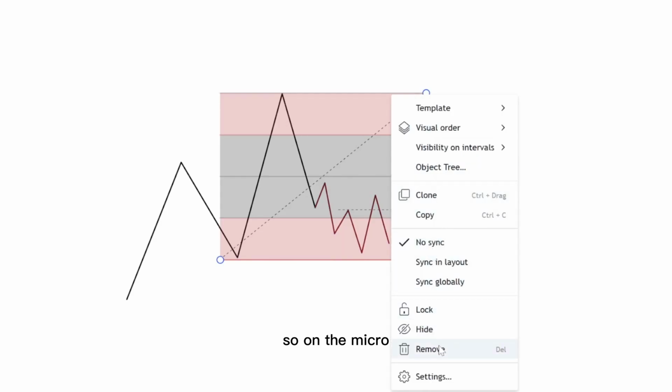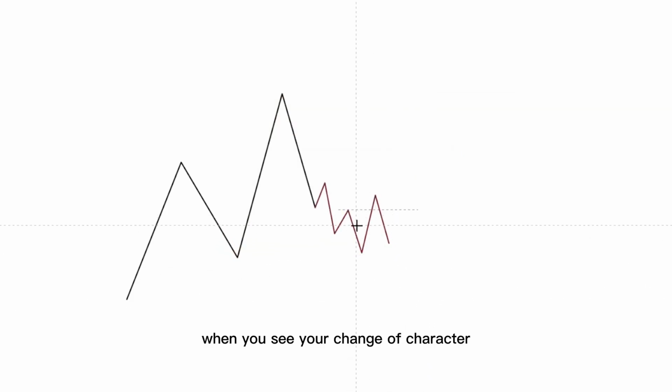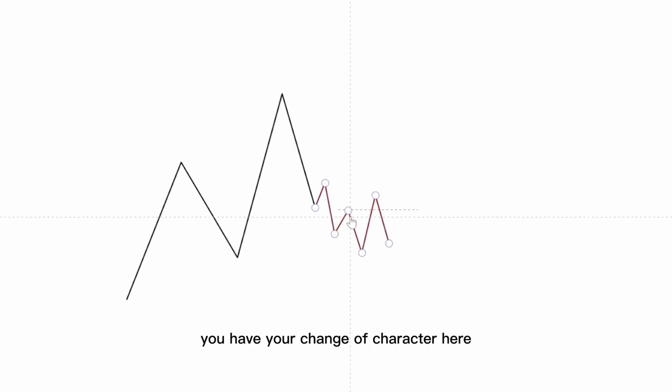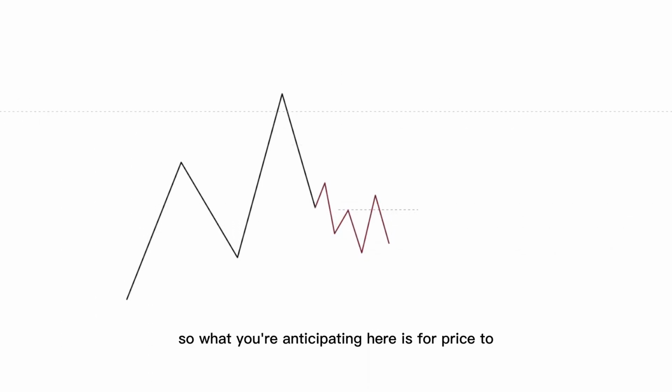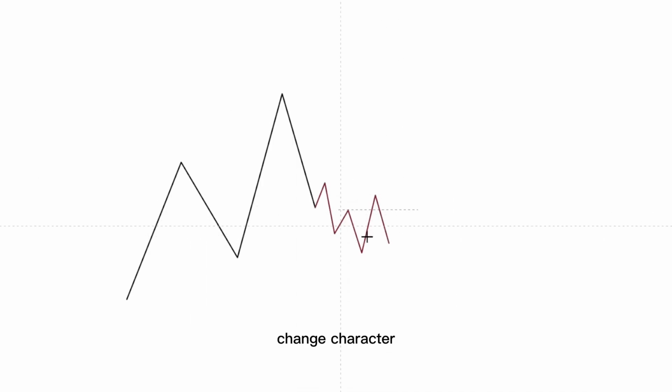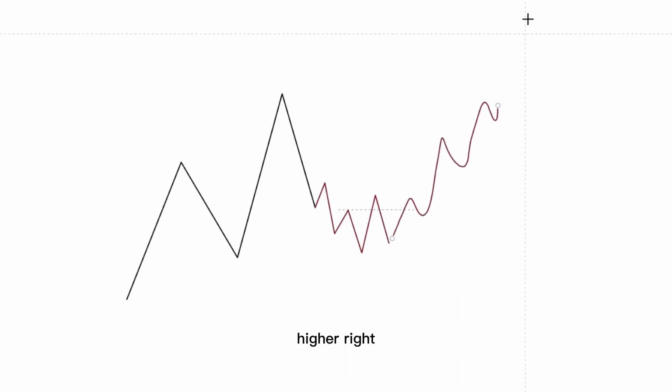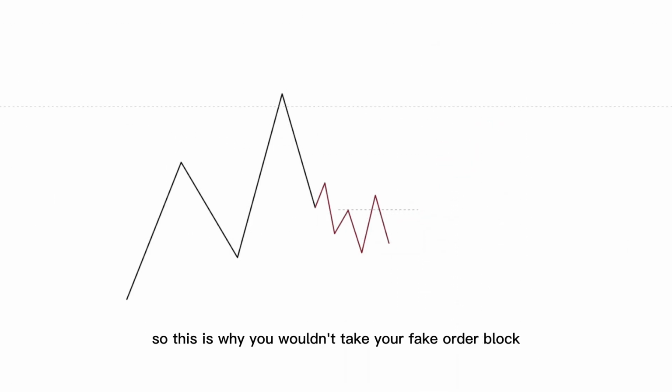So on the micro, when you see your change of character, and we have the micro drawn in red, you have your change of character here. So what you're anticipating here is for price to change character, break the major structure, come back into the shelf, either go to the extreme low or, as long as it comes back into the range, continue higher, right? So this is why you wouldn't take your fake order block,